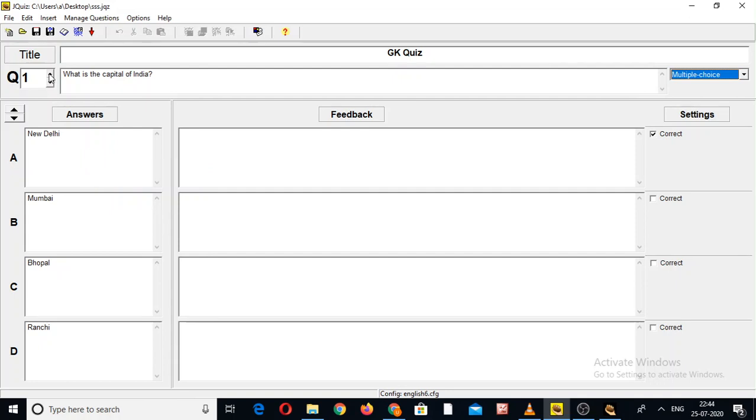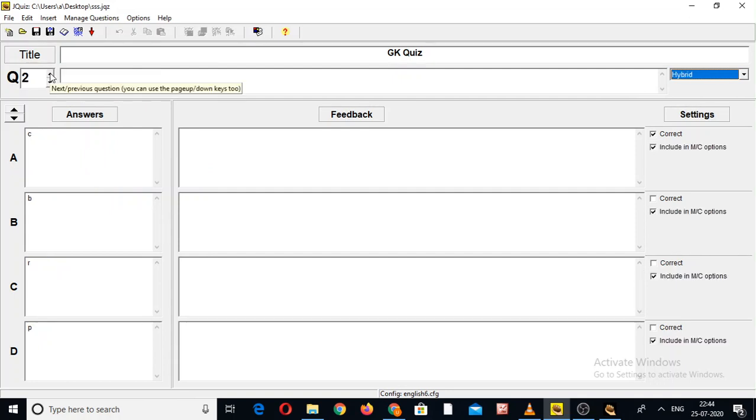Let us go to question number 2. Again it comes in blank mode. It's because it was already filled in by me. Otherwise, when you start, it will be blank. My question is, what is the capital of Haryana? As I am making this quiz as a teacher, I give 4 options.